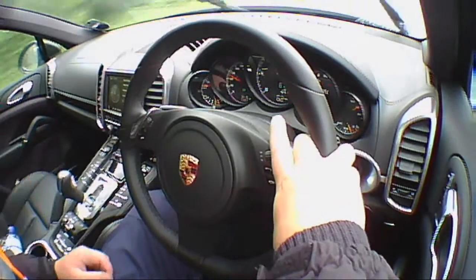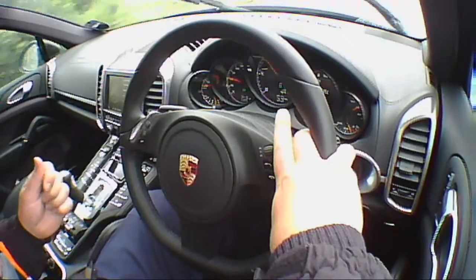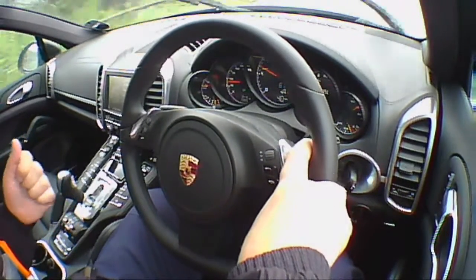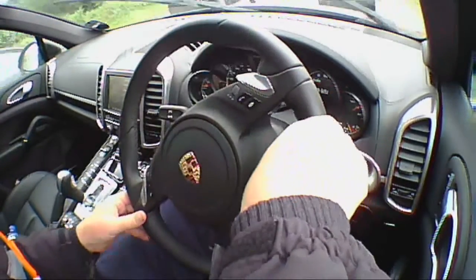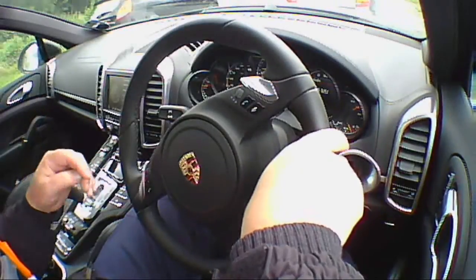Well, I have to say this car's really blown me away. I think I may be experiencing motoring brilliance here, and I'm going to try my best to begin to describe why. But the first thing I'm going to pick up on is what I'm finding is negative